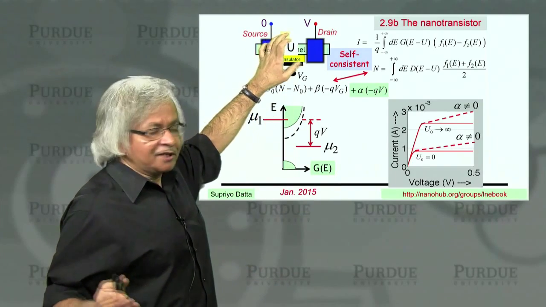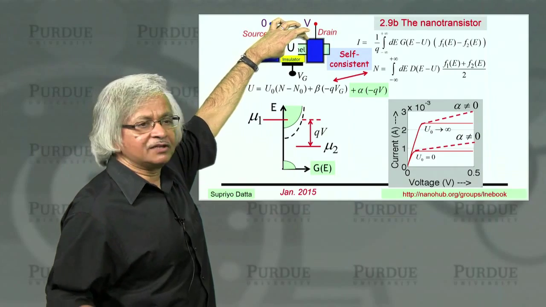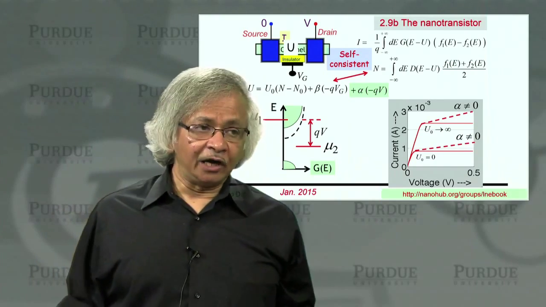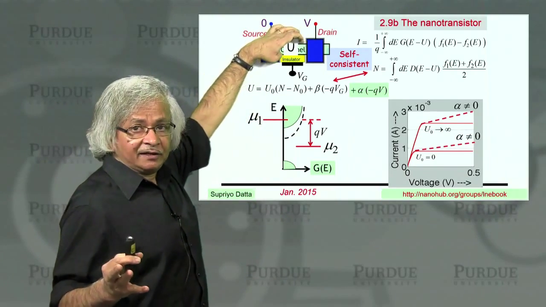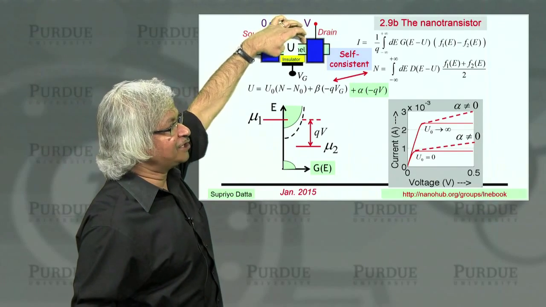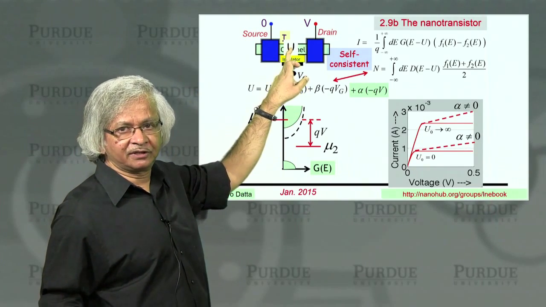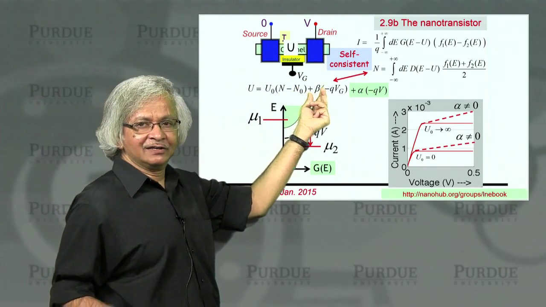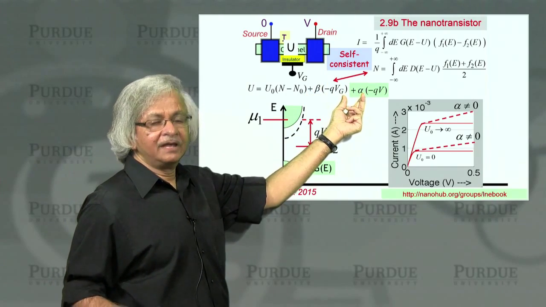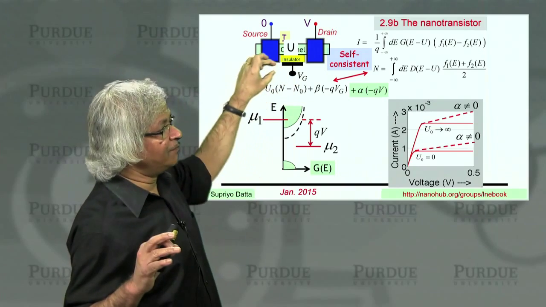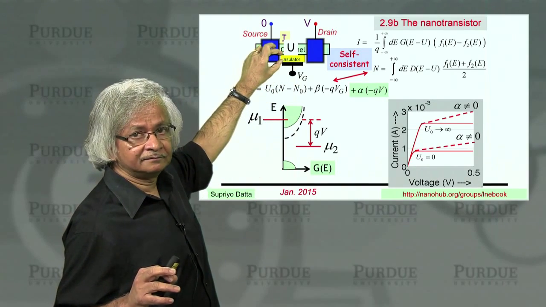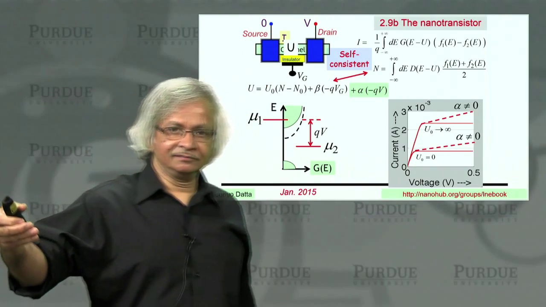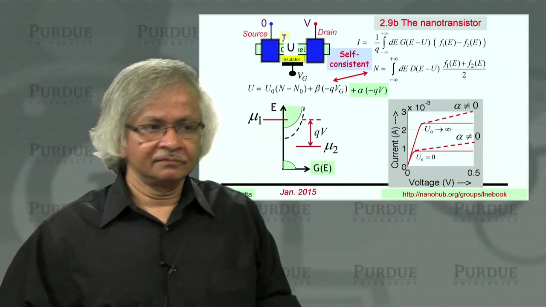And as I mentioned before, these days devices are so small that this active region is a few hundred atoms across. Now, that of course is amazing. But in order to make sure that the gate really controls the potential better than the drain, which means you want to make sure that this beta is a whole lot bigger than the alpha, you have to make the insulator awfully thin. So if this is a few hundred atoms, the insulator needs to be a few atoms. It needs to be more like 10 atoms, 5 atoms.